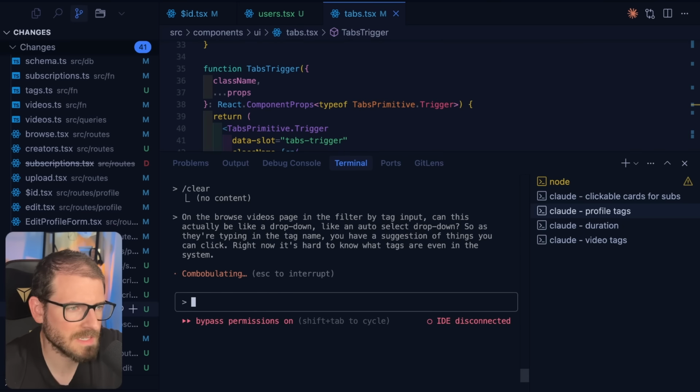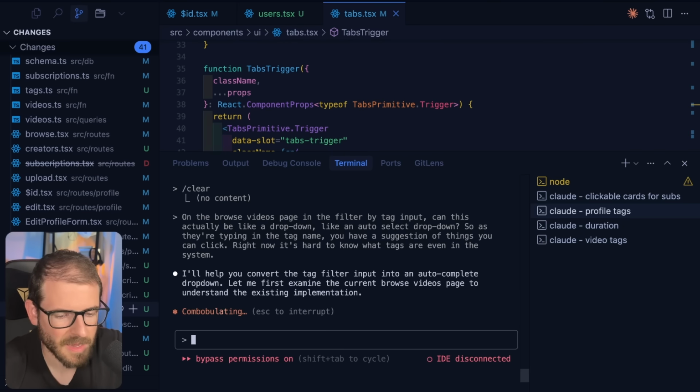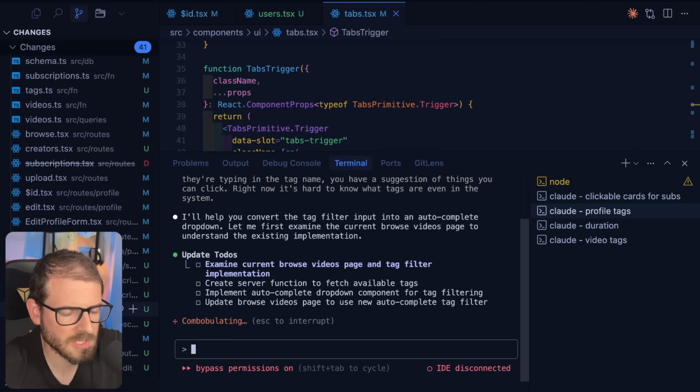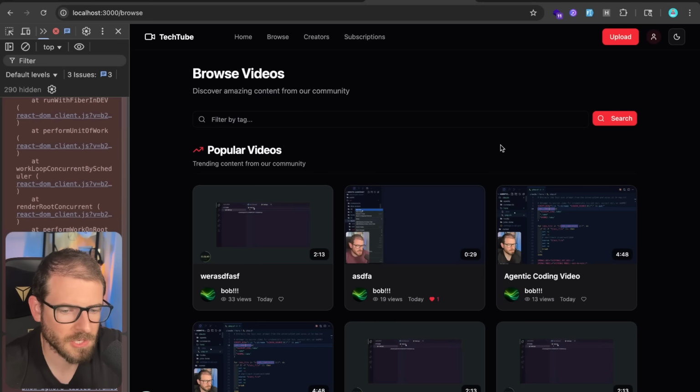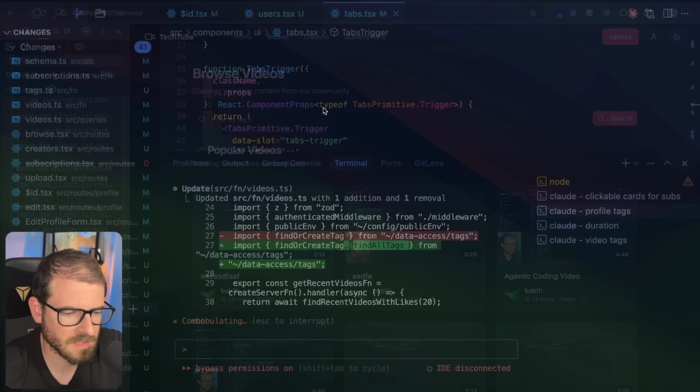I'm guessing that's called like a type ahead. I probably should have said type ahead. I think it's also called like a combo box in ShadCN. Now, one thing that'd be good to do is while this is trying to fix up the tag system, we